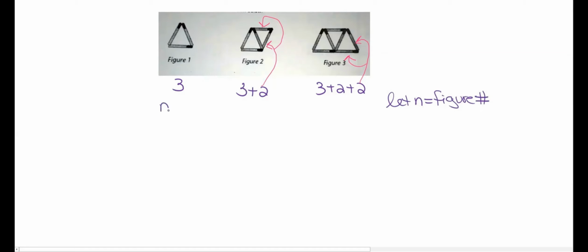Well, here n is equal to 1, n is equal to 2, n is equal to 3. But what about if we had, say, figure 9? Well, in that case, n would equal 9. And the pattern would keep going. You start with